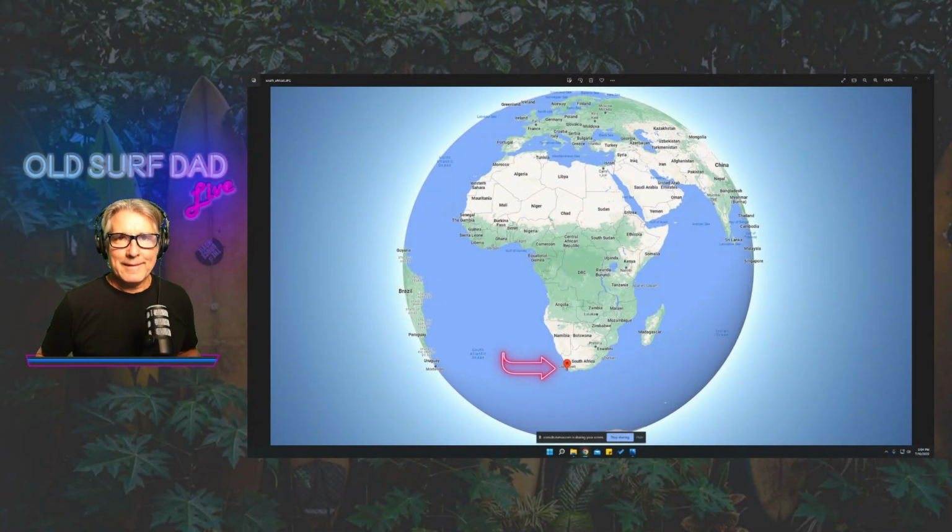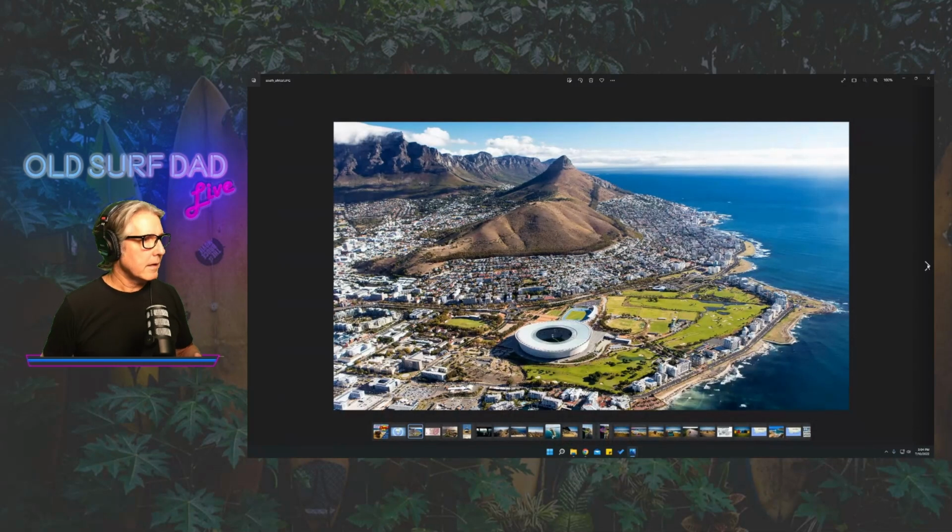Many years ago, in the late 1990s, I went to South Africa and I landed in Cape Town. For those of you that don't know, Cape Town is a beautiful city. Here's a picture of it that I pulled off the internet, not that I took. It looks a lot like Diamond Head. It's got the blue water. It wasn't that blue when I was there, but the city is way bigger than it ever was. It looks kind of like the Diamond Head crater, and behind it is